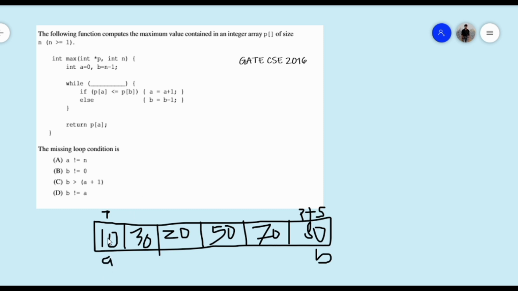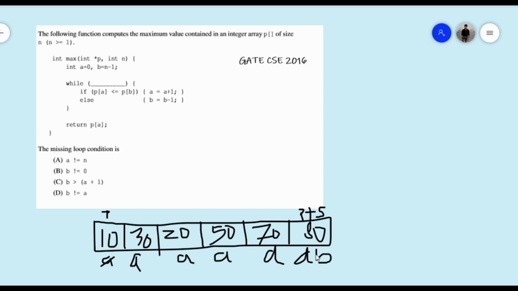The element at the index which A represents, if it is less than the last element at the B position, then we will increment A, otherwise we will decrease B. So if 10 is less than 80, yes, the condition is true, so we will increase A. Now again 30 is less than 80, yes, so again we increase A. 20 is less than 80, yes, so again we increase A. 50 is less than 80, yes, so again we increase A. 70 is less than 80, yes, so again we increase A.